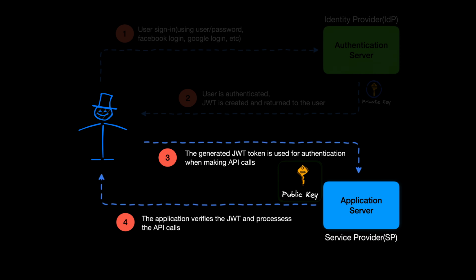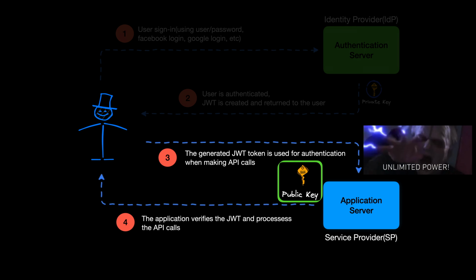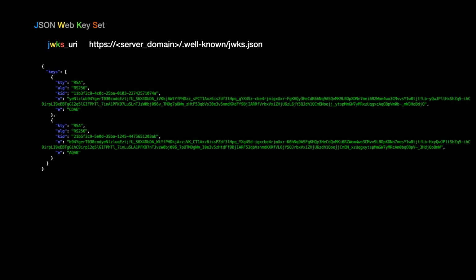The JSON Web Token verification is done only with a public key. No additional calls to the authentication server are needed. This makes it quite a scalable and decoupled solution, as the public key can be cached in the application server. Multiple public keys can be exposed for validation. This allows easier rotation of the used public-private key pair.